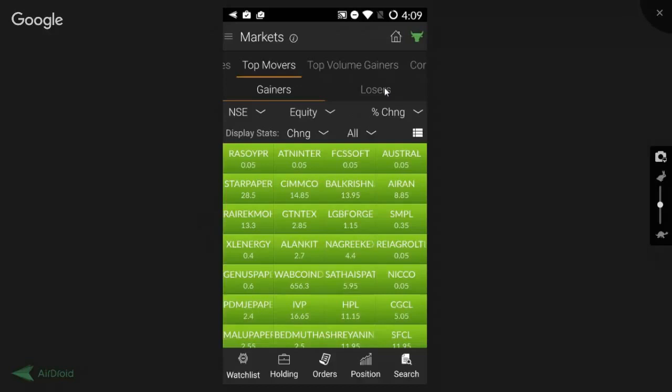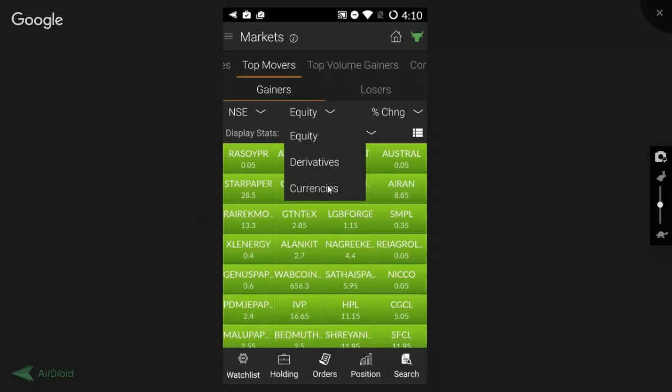Again, when you go to top movers and gainers, it gives you the option to separate it exchange wise. If you want to know it for equity, we can select NSE or BSE. And if you want to know it for commodity, we have to select MCX. Not only that, we can also view it instrument wise. If we want to know it for equity, we just have to click on equity for the stocks. And if we want to know it for futures and options, we have to select the option of derivatives.